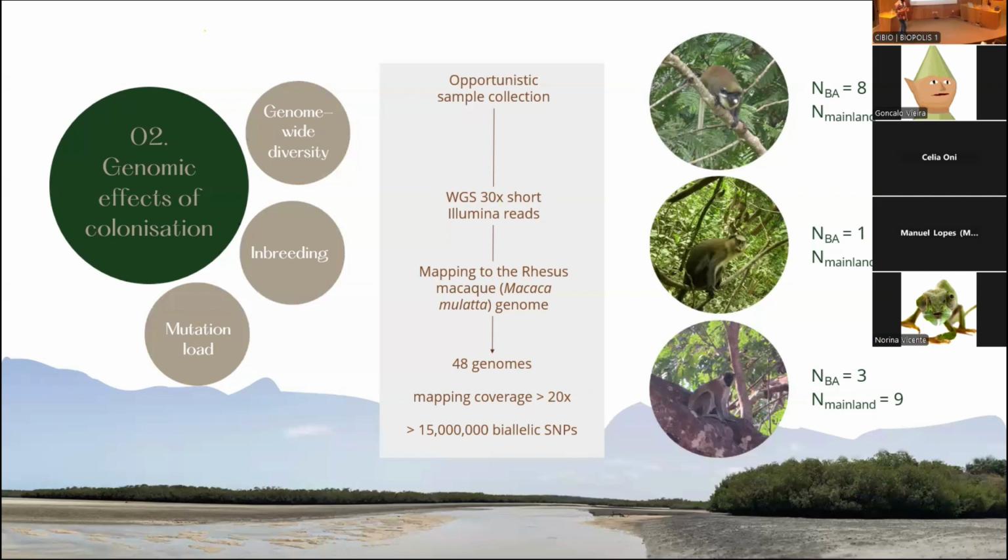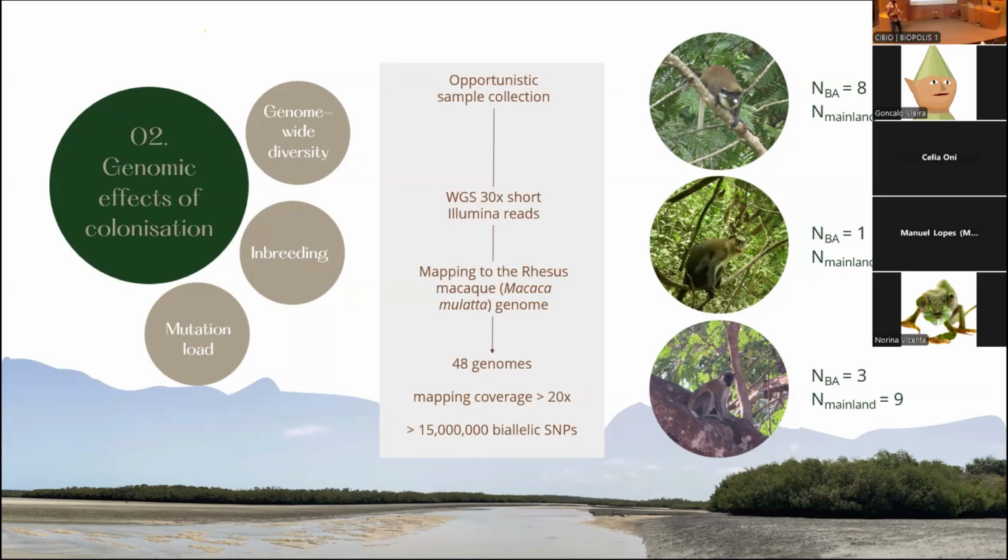So this is why we thought, let's look at the other species as well, because insularity being as strong as we think it was, if it occurred in similar ways across all of the different species, we could probably find some commonalities between these. So for that, we used the Campbell's monkey and the green monkey, which are much more common on the mainland. Of course, there are still some quite big disparities in sample size, but those who work with primates know that it's very hard to get these samples because they are opportunistic. These are from wild meat markets.